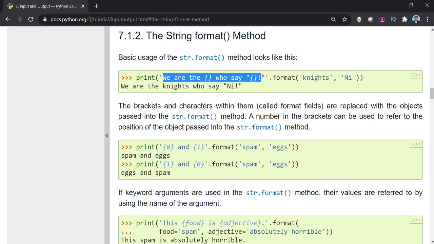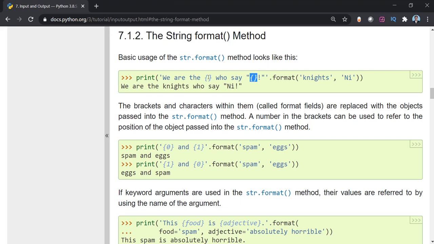Okay, so what it is saying is your string will be there, and wherever you want to put your variables in that string, just put your curly brackets over there. Okay, so it is very simple. You just have to put curly brackets over where you want to put your variables. Our first variable in our code is the number that we wanted to print, and the last curly bracket will be where we want to print our answer.